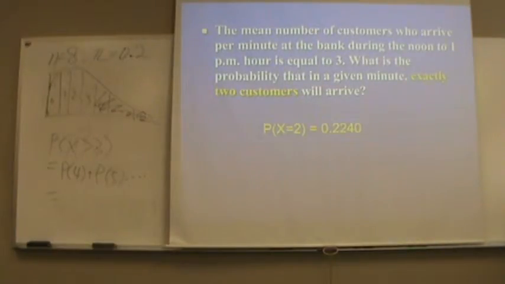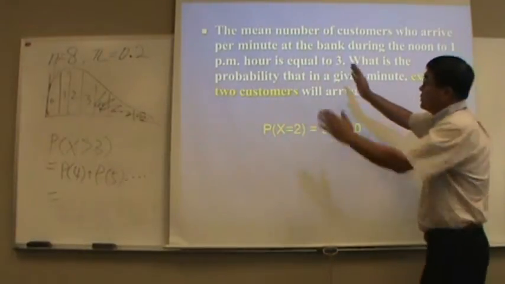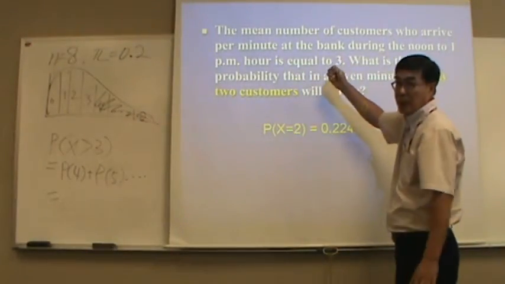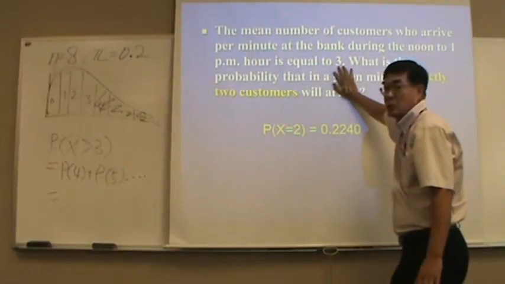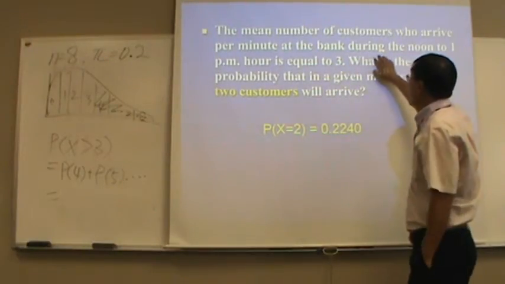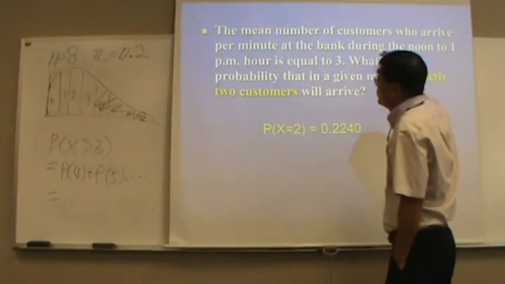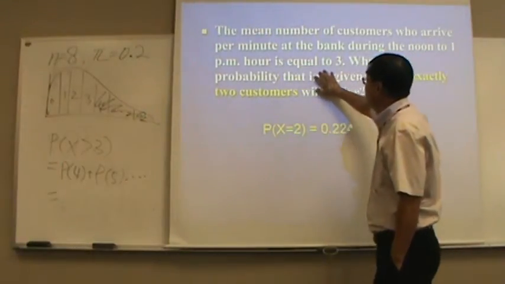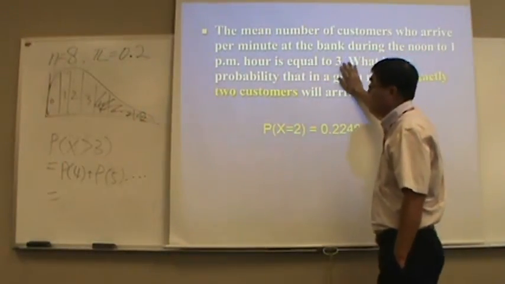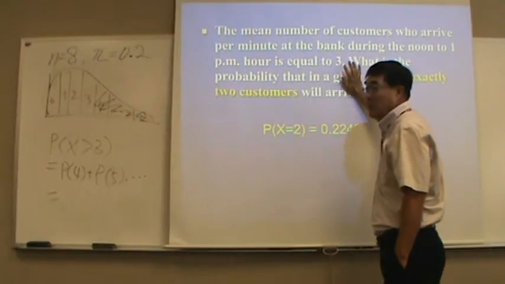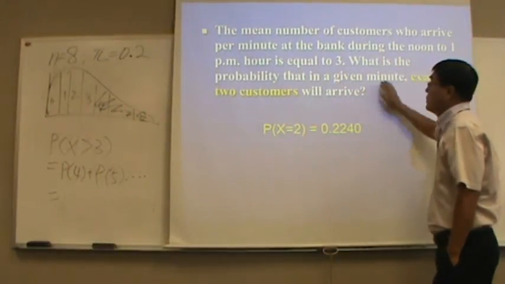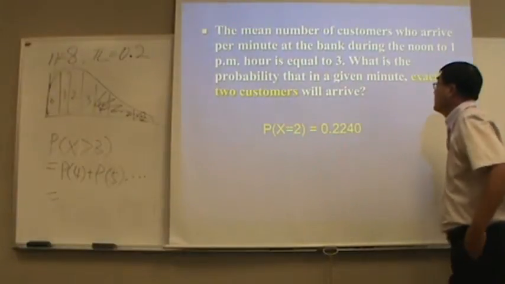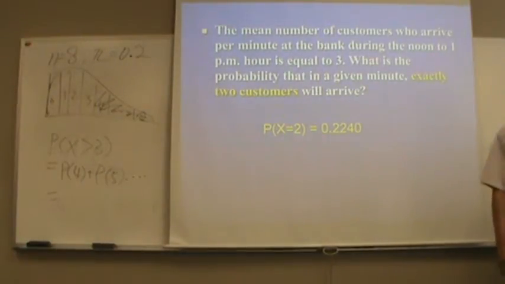The mean number of customers who arrive per minute, in a certain time, how many? So this is a Poisson distribution. At the bank, during the noon to 1 p.m. hour, the average is equal to 3, that is mu. What is the probability that in a given minute, for this Poisson distribution,